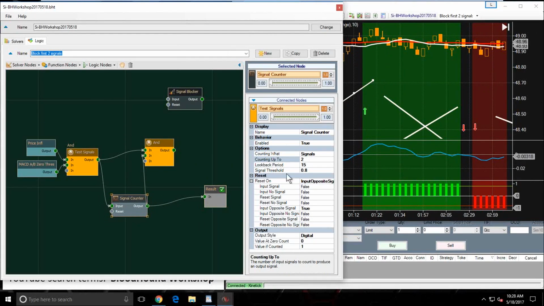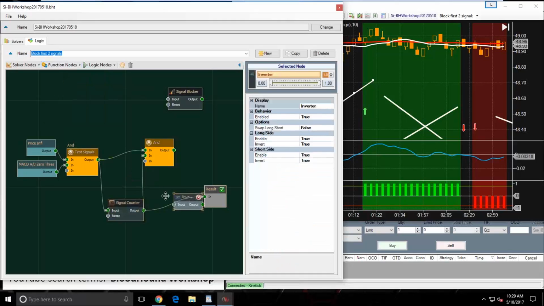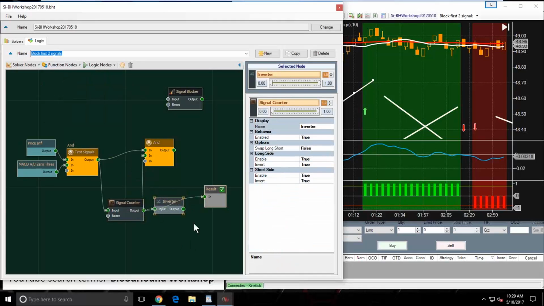If you'll notice, there's no invert option here on the signal counter. Function nodes typically don't have an invert option, but we do have an invert function node. So we're going to grab that invert function node, plug that in there,